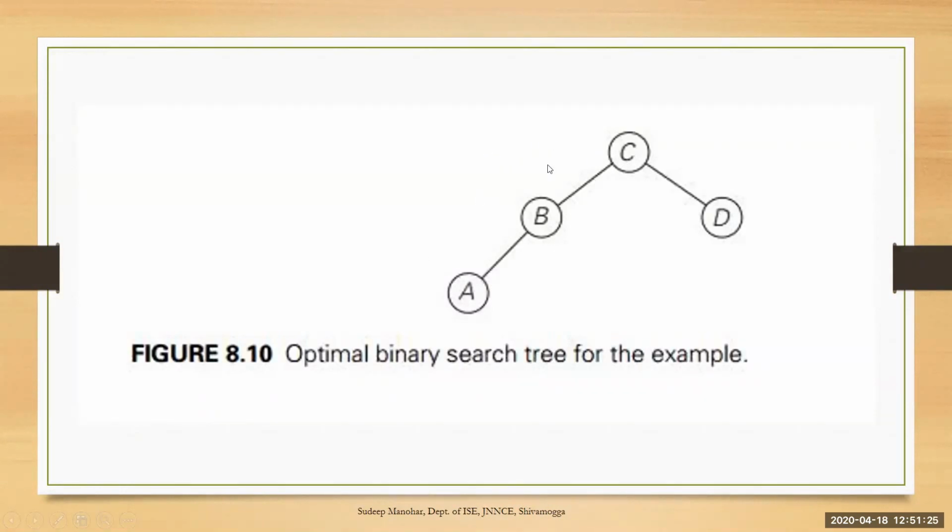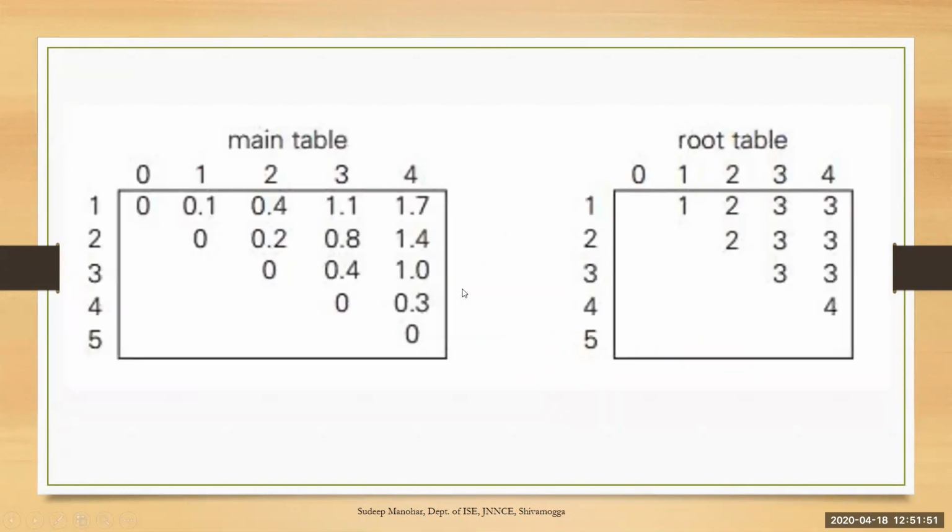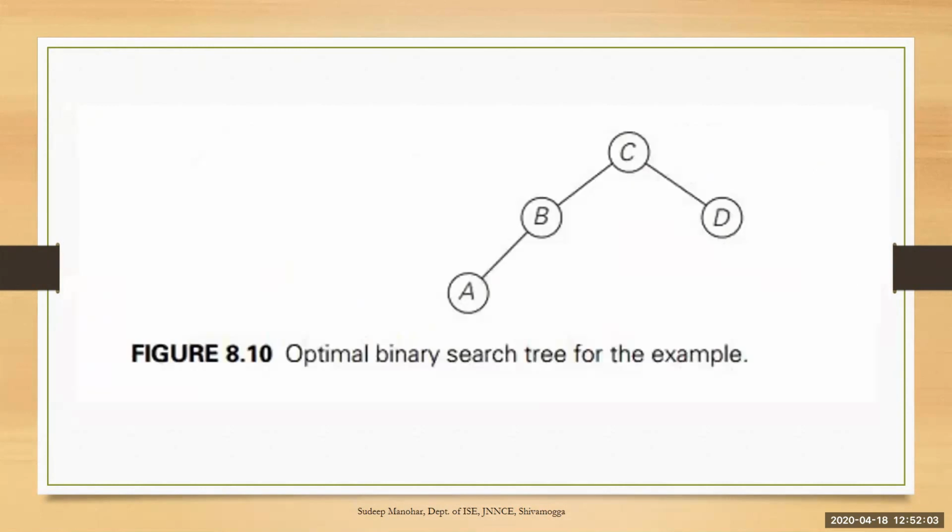Now out of A and B, which should become the root? Whether B is the root of A, or A is the root of B, there are two possibilities. When there are two nodes, there are two possibilities. So which is correct? Once again refer to the tree. This is node number 1, this is node number 2. Therefore you should refer to 1 comma 2 in the root table. Look at 1 comma 2. What is the root? It tells that the root is 2. What is node number 2? Node number 2 is nothing but B. Now make B the root node.